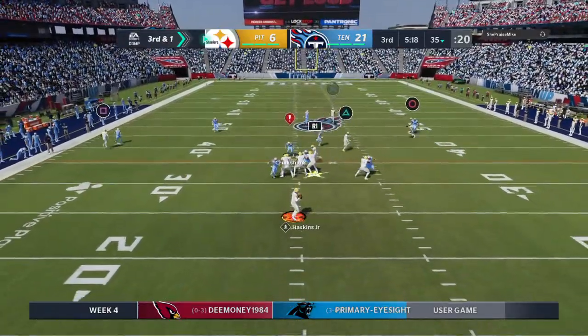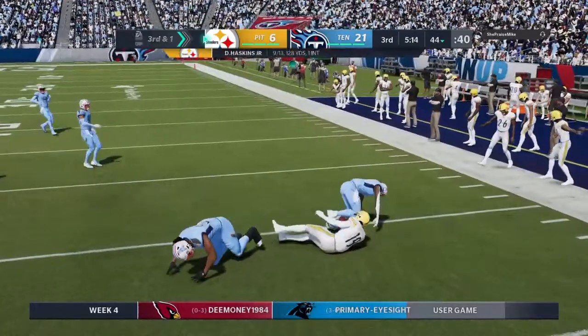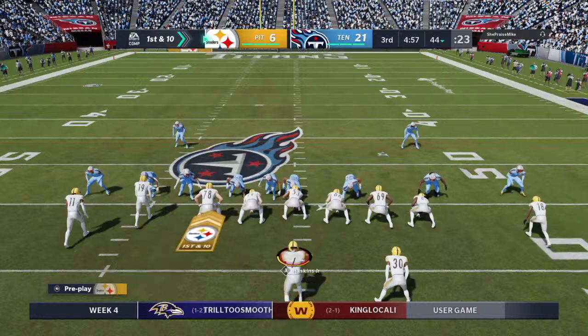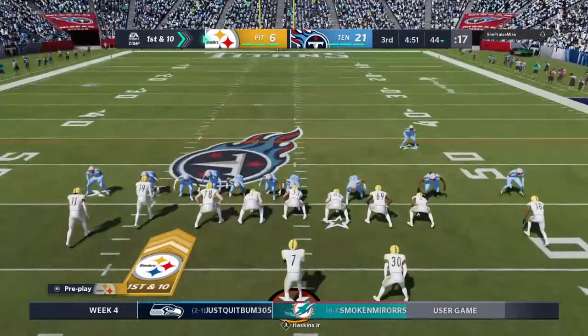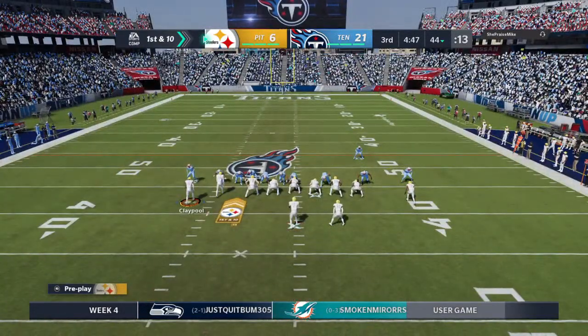On 3rd and 1, it's Haskins. Open man, Smith-Schuster, it's complete. And he will have a Steelers first down as they're able to get the 3rd down conversion. 2 catches in the first half. Now he's got a 3rd here, and it's good for a first. Let's go, dude. Big series right here. We got to step